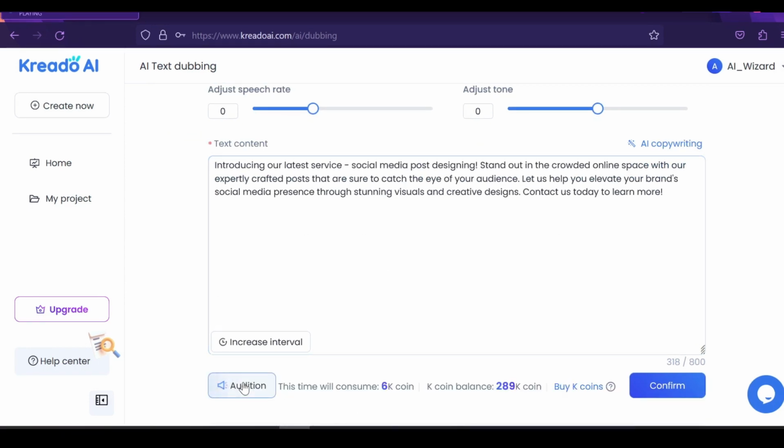Introducing our latest service, social media post designing. Stand out in the crowded online space with our expertly crafted posts that are sure to catch the eye of